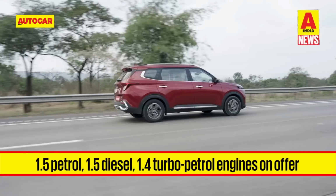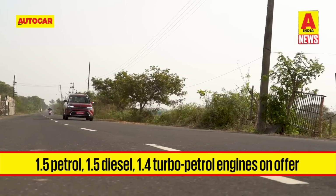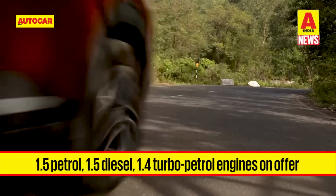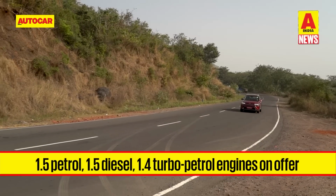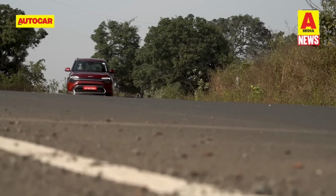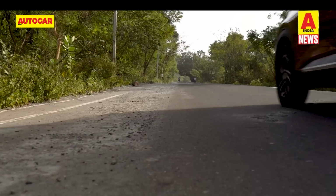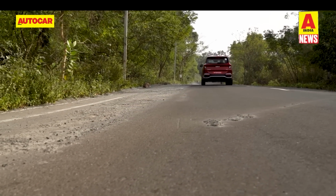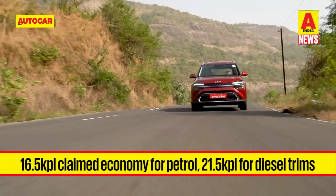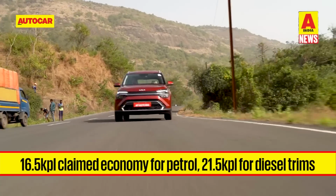There is a 115 horsepower 1.5 litre naturally aspirated petrol engine that comes mated to a 6-speed manual transmission, a 115 horsepower 1.5 litre diesel engine with choices of a 6-speed manual or automatic, and a 140 horsepower 1.4 litre turbo petrol mill that comes mated to a 6-speed manual or a 7-speed DCT. Kia claims fuel efficiency figures of up to 16.5 kpl for the petrol Carens and 21.5 kpl for the diesel